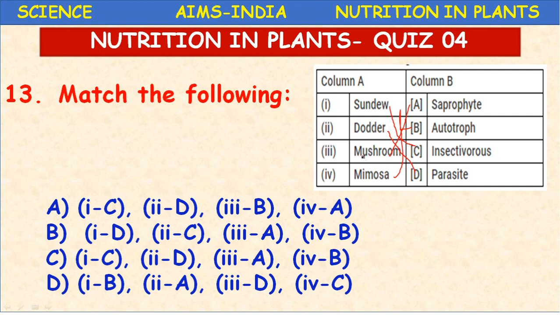Okay, children. Now 1 is C. So 1 is C, present in A option and C option. Then 2 is D. In the first option it is there, and in the third option also 2 is D is given. The next, third option, mushroom is A. So in option A, third option B is given, but in the C option, third option A is given. Okay. Then the fourth option is autotroph, B. So here the correct answer is C.